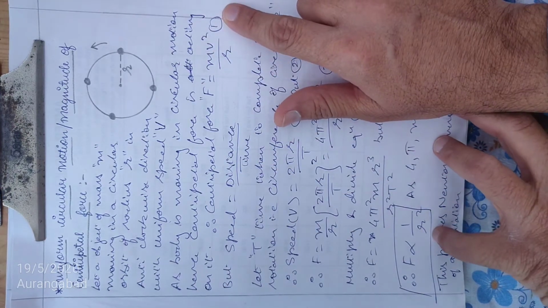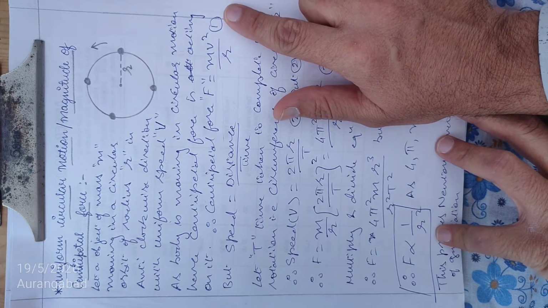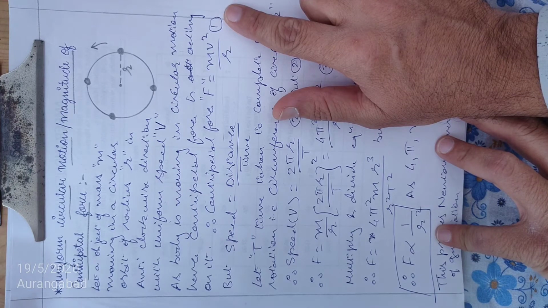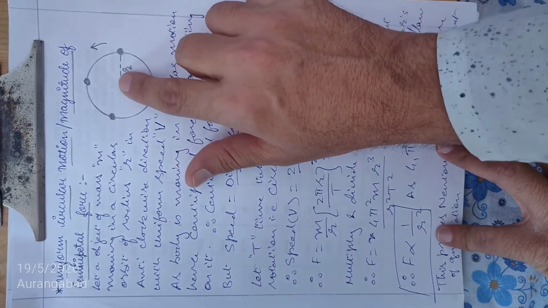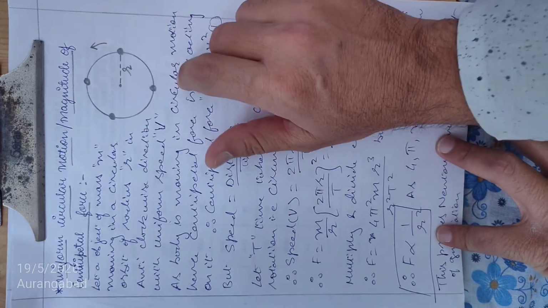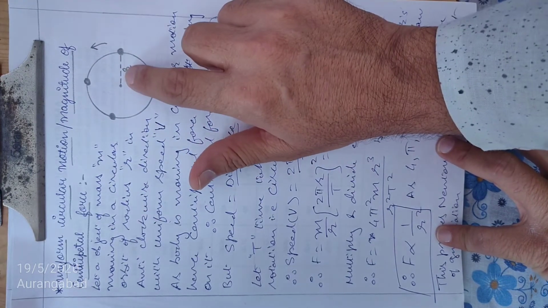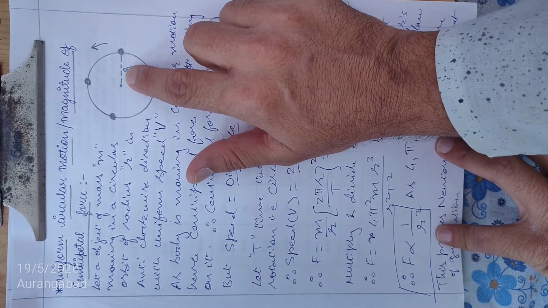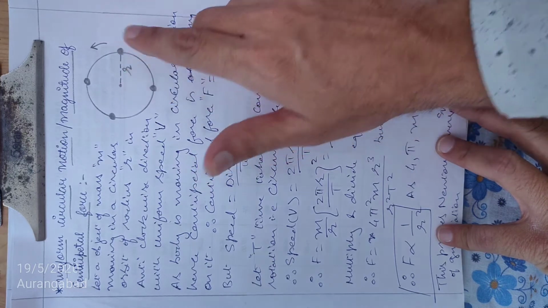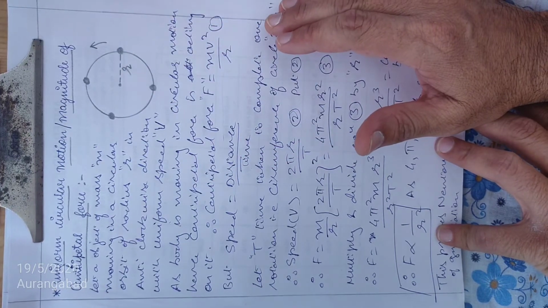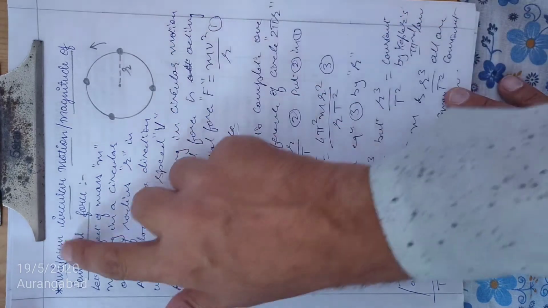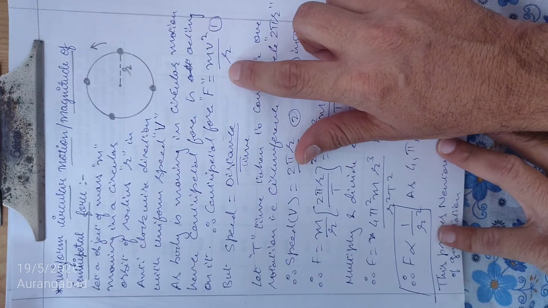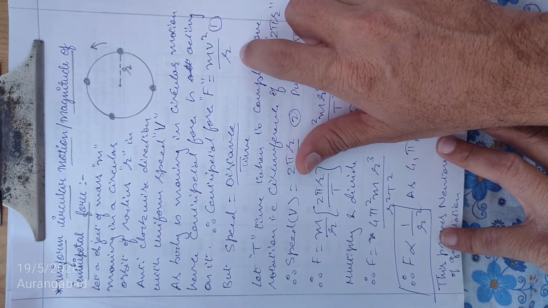This is equation 1. As you may know, centripetal force is the force which acts along the radius towards the center, and hence this body is moving in a circular direction. If suppose there is no centripetal force, then the body will not move in the circular direction and will move away from the center in the tangential direction. But as we are saying, it is moving in uniform circular motion, hence centripetal force. The formula of centripetal force is mv square upon r.